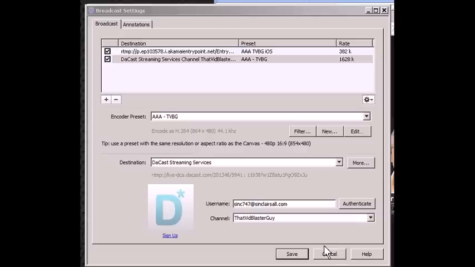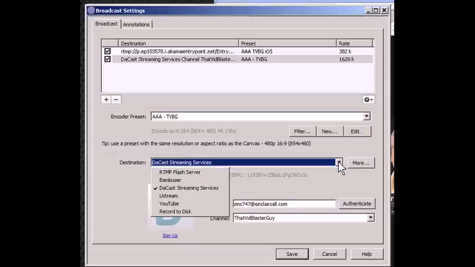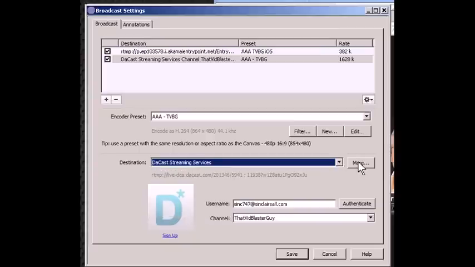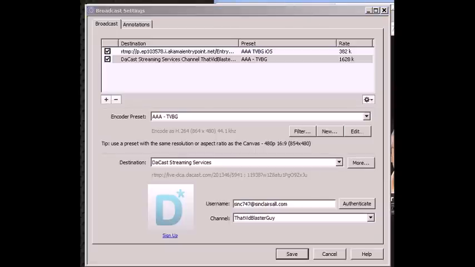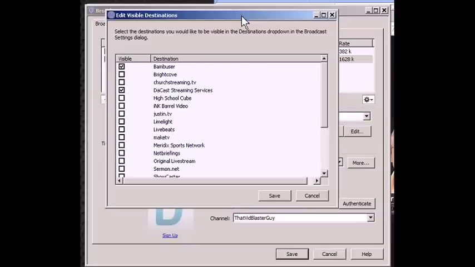Let's see if we can do that without creating a ruckus right here. Yeah, we've got an RTMP Flash server, Bamboozer, Dacast, Ustream, YouTube, and record to disk. And those are the ones that I said should be available just at first glance. But let's see, 1 second here. We'll pull in another window.